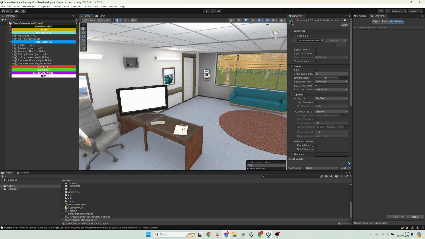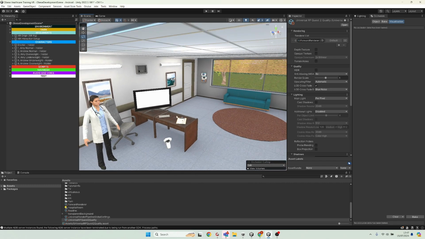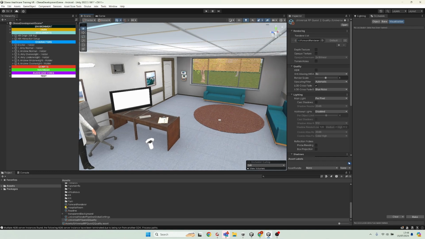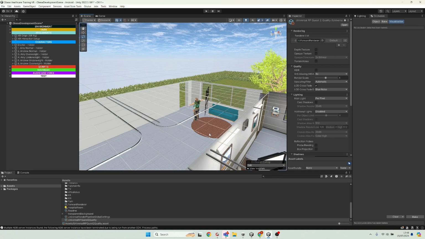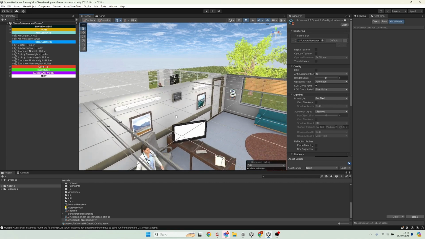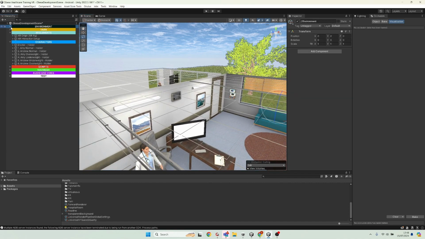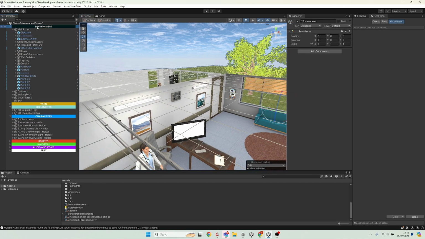what you need to do occlusion culling for your scene is, any object in the scene that doesn't move at all, so obviously my walls, desk, chair. Nothing moves apart from the doctor's animated, the door opens and closes, and then obviously the people. So everything else, pretty much in my environment, I'm able to, in the inspector, you've got this static box here,